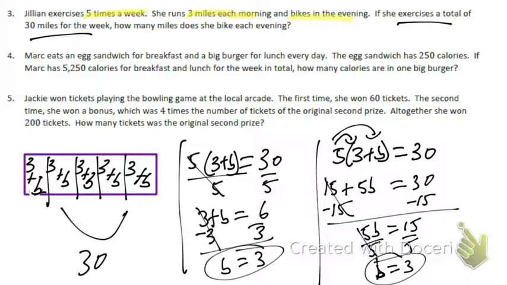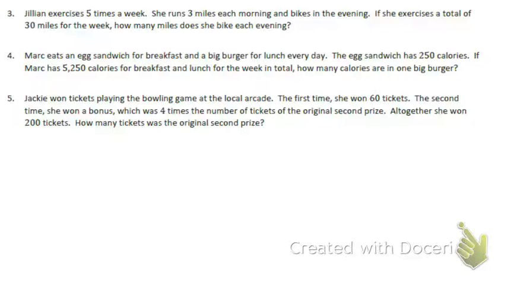So number 5 says Jackie won tickets playing the bowling game at the local arcade. The first time she won 60 tickets. The second time she won a bonus, which was 4 times the number of tickets of the original second prize. Altogether, she won 200 tickets. How many tickets was the original second prize? I think the wording on this one made this problem more difficult than it should have been. But basically,